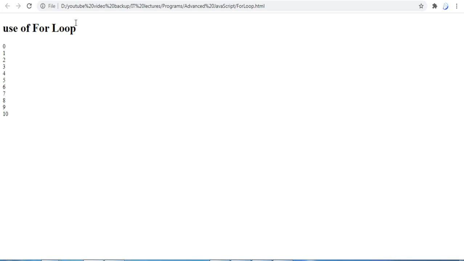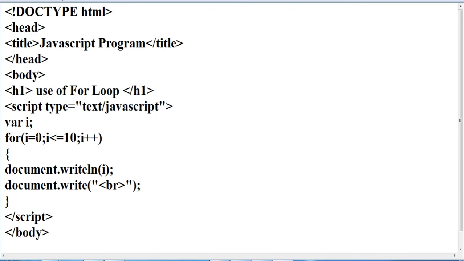You can decrement also with the for loop. I will show you in the same program. If I initialize i at 10 and change the condition to i greater than or equal to 0, with minus minus meaning the decrement, I am decreasing i until it becomes 0.